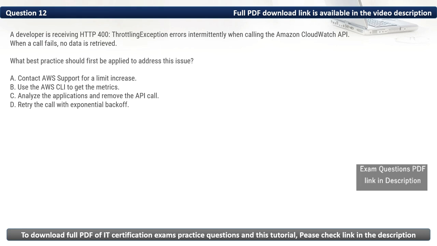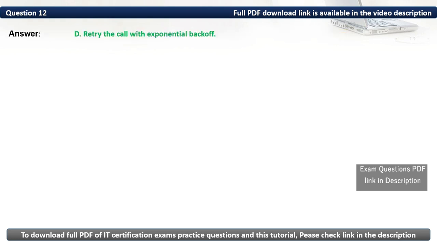Here in this question, the best practice that should first be applied to address this issue is to retry the call with exponential backoff. Thus, the correct option is D.